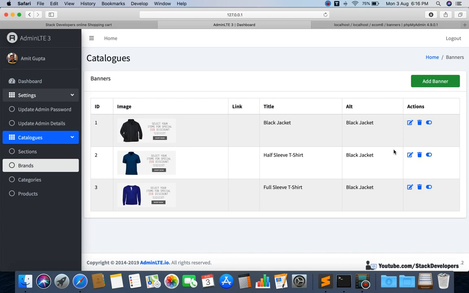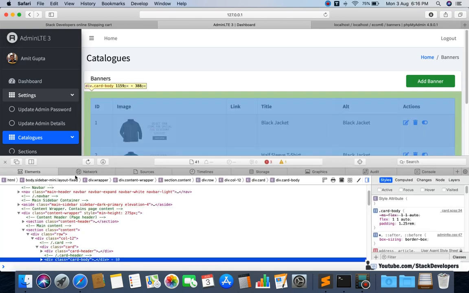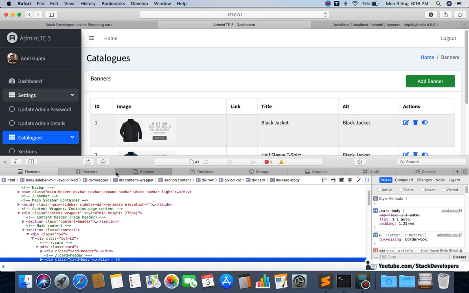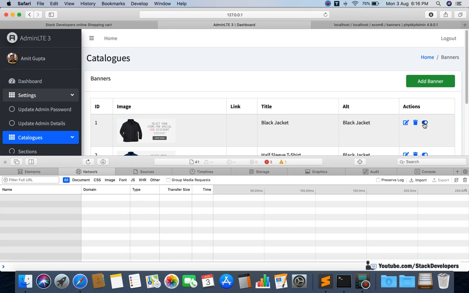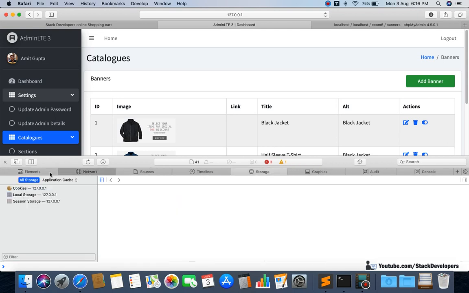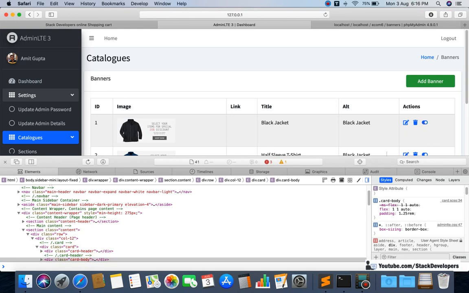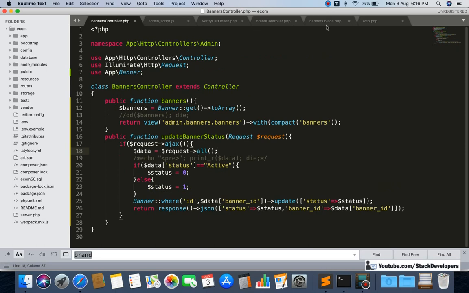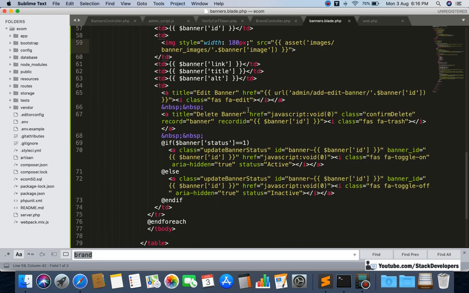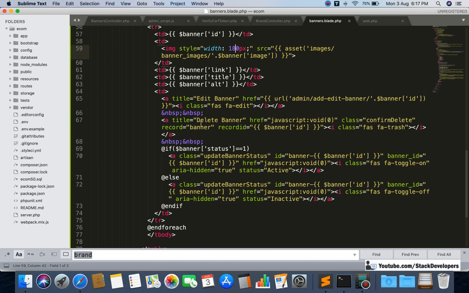See, still some issue, so I will right click and open the developer tool, and we'll check out what issue is coming up exactly. Okay, so here the issue is also not coming up. So now I need to debug our code, what is happening here. Okay, so I need to go back and we'll check out the banners, and here we'll check out that everything is fine or not.